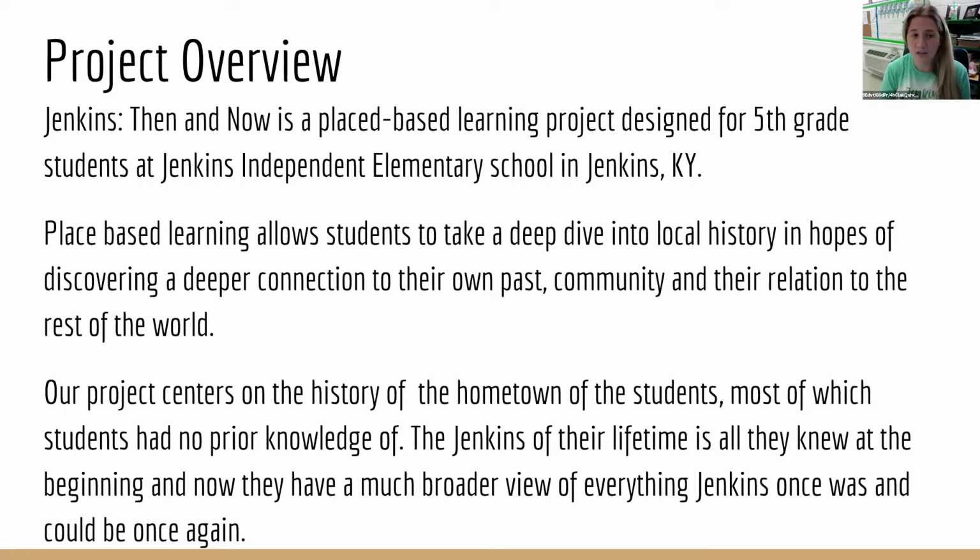Our guiding questions, which is what we framed our project around, the focus of our learning was, how did immigration affect the town of Jenkins? Our 3 main questions were, who were the people of Jenkins? Where did they come from and why? And what cultural aspects from their home countries became a part of Jenkins, and do we still see some evidence